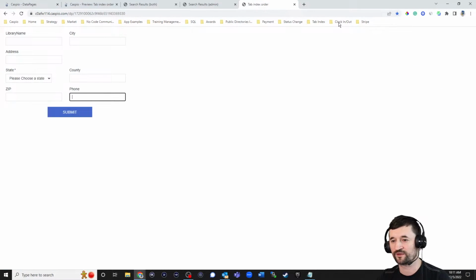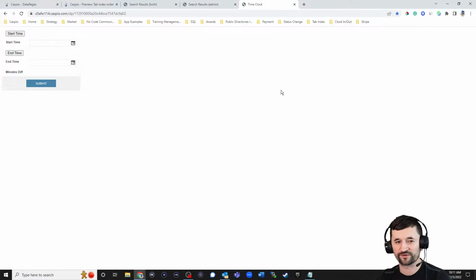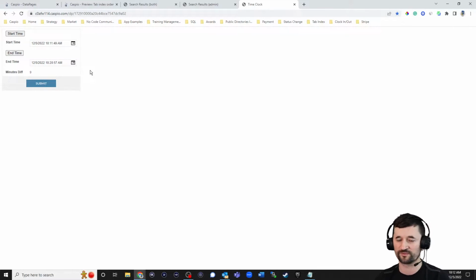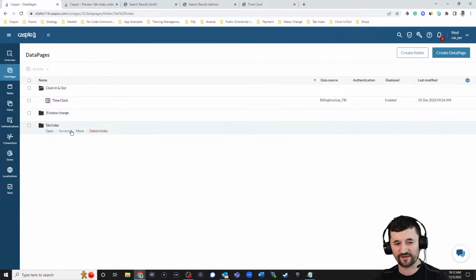Let me look at my form here to show you. So we have the start time where you can click on the button to add the date and time. And then obviously you wouldn't add the end time right away. You might at the end of the day, you're going to add that. And then what it does, it calculates the difference in minutes. So if I change this to maybe 20, we should be able to see 9 as the calculation. So it'll give you the total number of minutes. You hit submit, you're going to get that data stored in your table, and then you know how much you need to pay that employee based on start and end time. And then on the data page side,